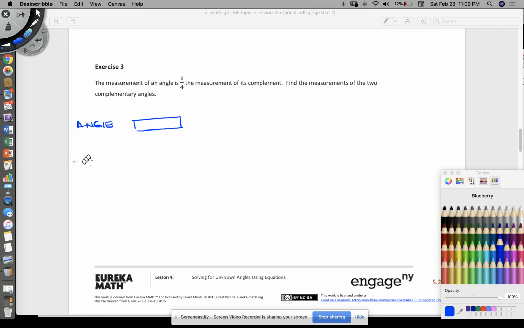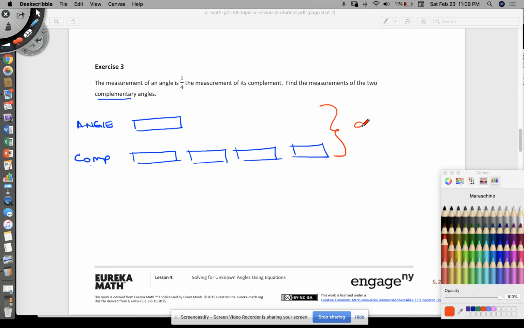Let's try that again. I was so hung up on that last problem, I forgot that this one mentioned complement. So my complement angle, and I need 4 of those. So 1, 2, 3, 4. And I know that when I add all of these up, I get it equal to 90 because we're talking about complement. Remember, complementary is 90. So again, how many units do I have? 1, 2, 3, 4, 5. I have 5 units,